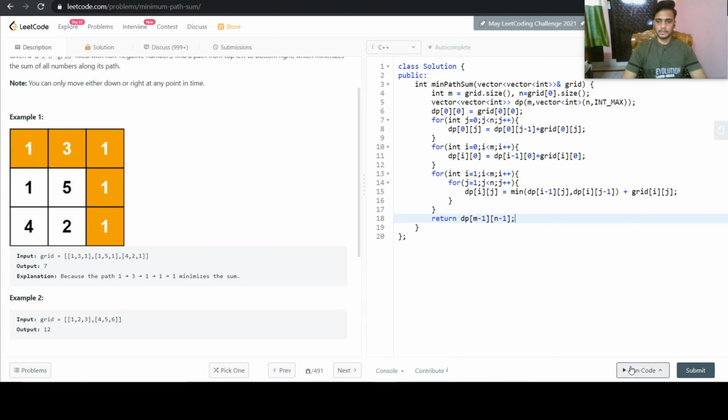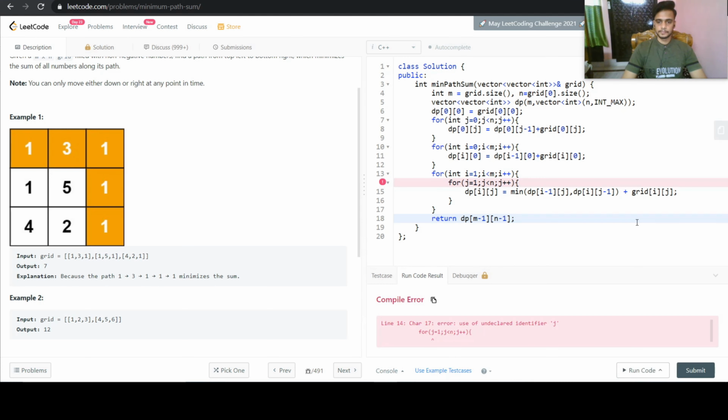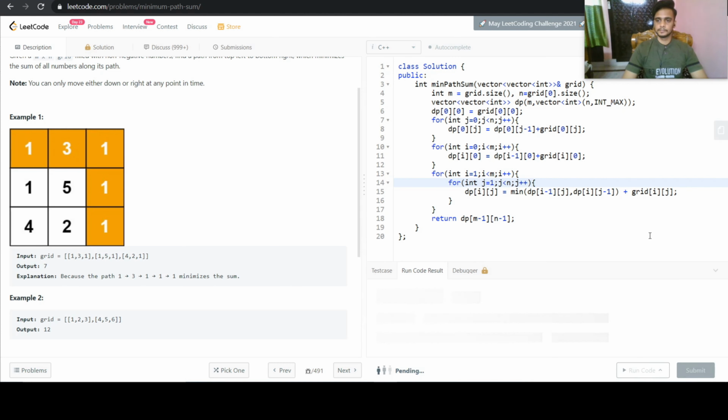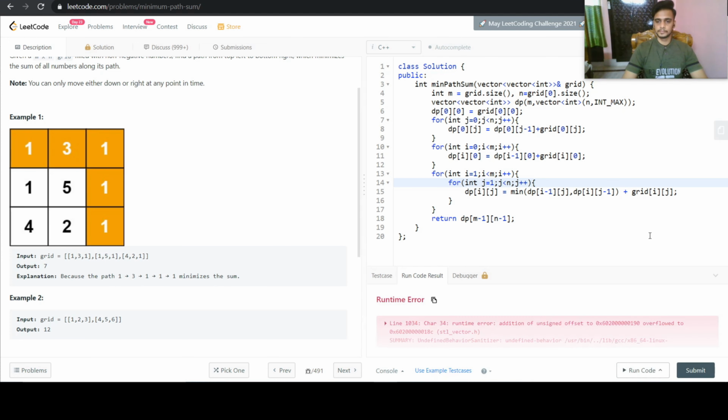So let us run our code. Here it should be int j. Here it will start from 1, and this one also will start from 1, because we have covered the case 0 0, and we are covering the cases from j equals 1 to this and from i equals 1 downwards.